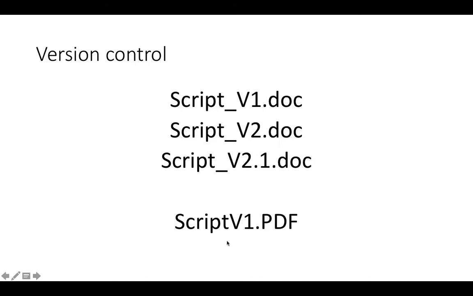Okay, it can be the same whether it's a document or a PDF or any kind of file type. You would just add the V1, V2, but in the exam it might ask you what was the first draft copy, or what's the final copy, what's the most recent one that's been made. And you'd always go for the bigger number so that it helps you to know where you are and keep in control of the version you're working on.